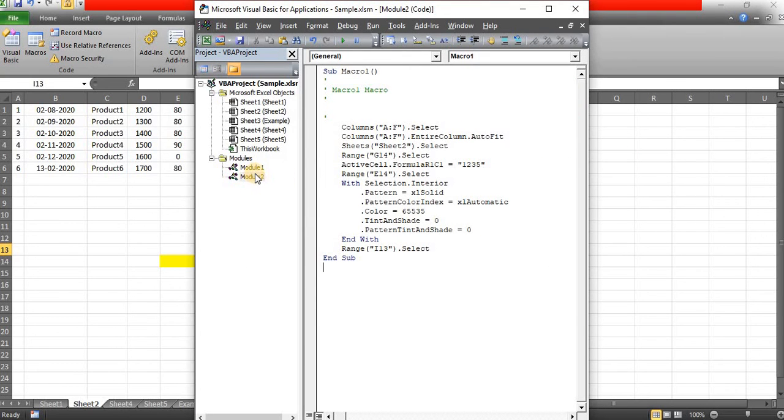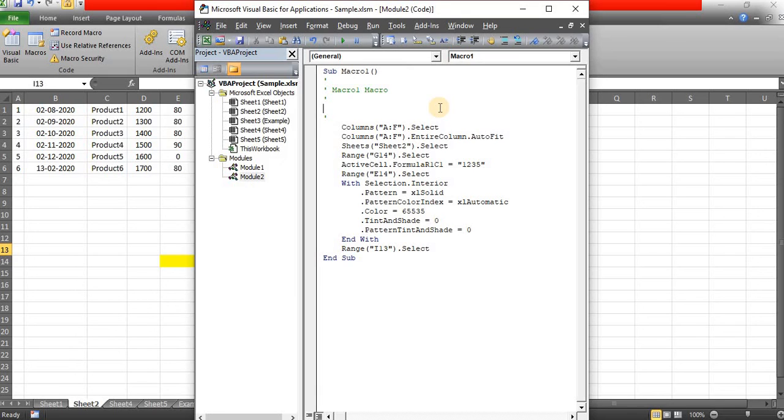go to the module. So module 2 is available, right? It has been auto created. Whatever action has been recorded, everything is available in module 2. So here is columns af.select. You don't need to know SQL queries. You have some logical thinking, right? That's what you are working with in Automation Anywhere. Each and every language has the same functionality, like loops and other functions. Everything is the same. So it's very easy to learn.